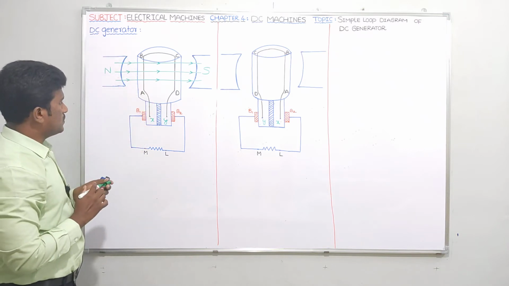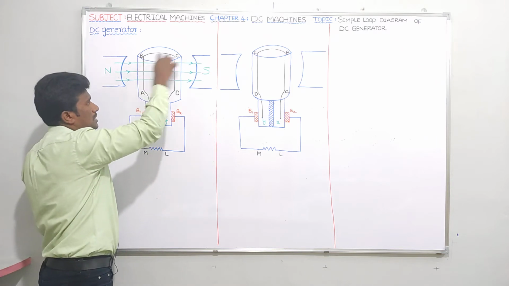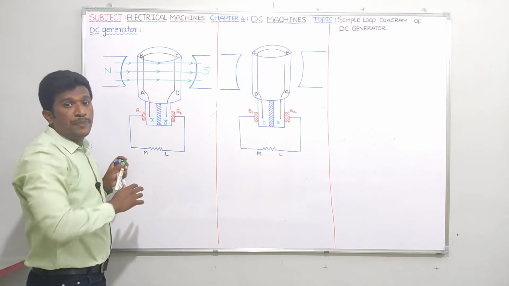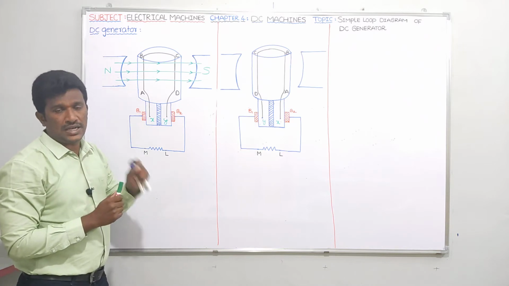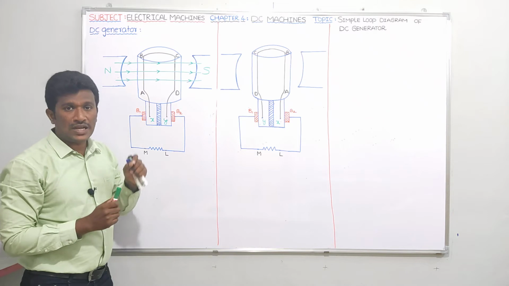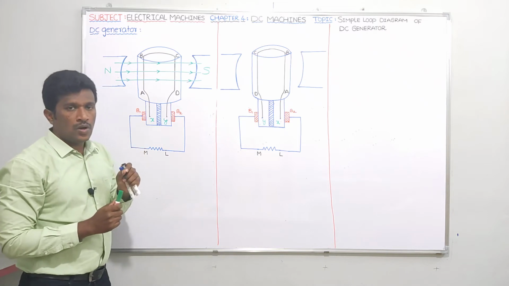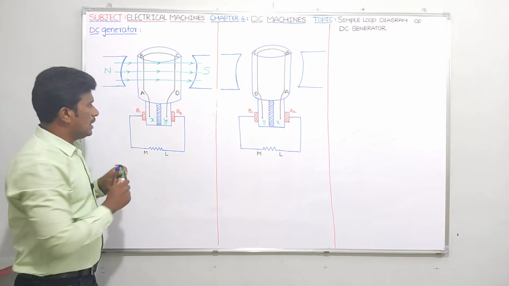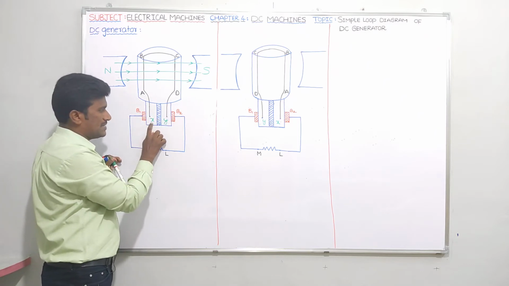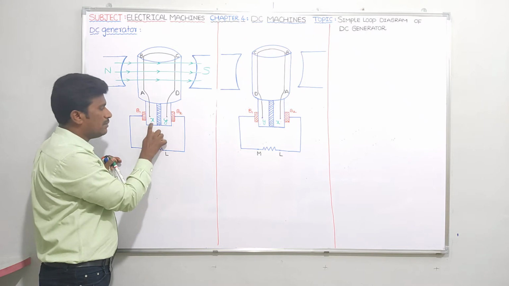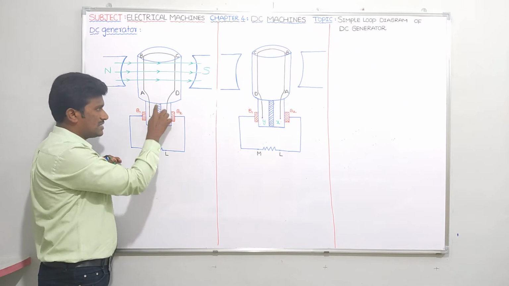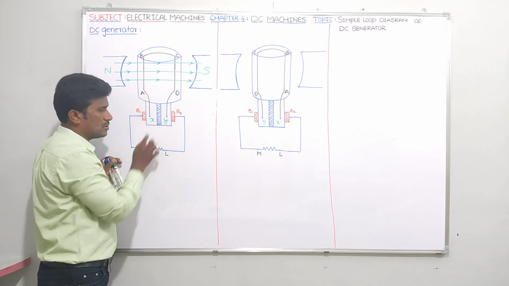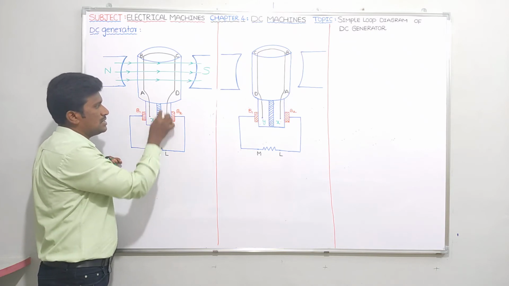Okay, see guys. Next, one more thing. I told you AB is a conductor, CD is a conductor, right? And this portion can be taken as split rings, or I can say commutator segments. A group of commutator segments can be called a commutator. In this figure, I have taken only two segments: X segment and Y segment. Is it clear? They are separated by mica insulation. This portion is the mica insulation. So the X segment and Y segment are separated by mica insulation.